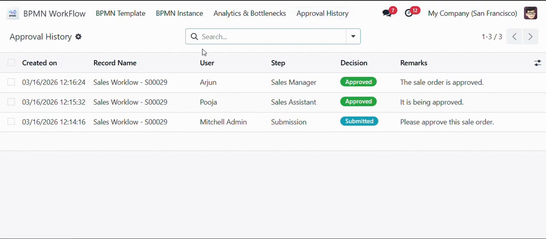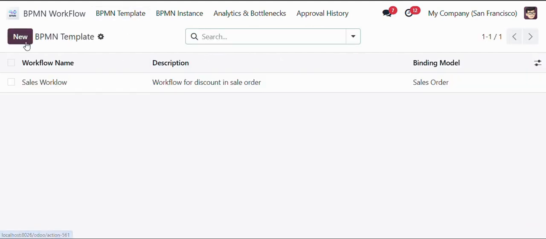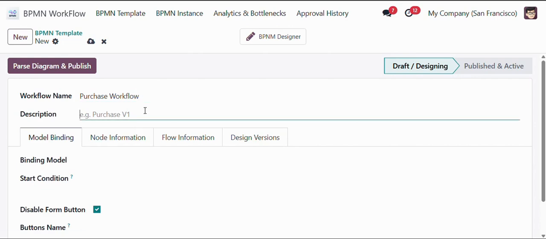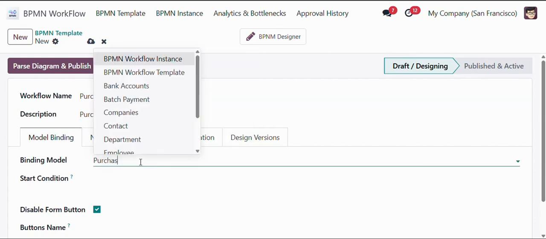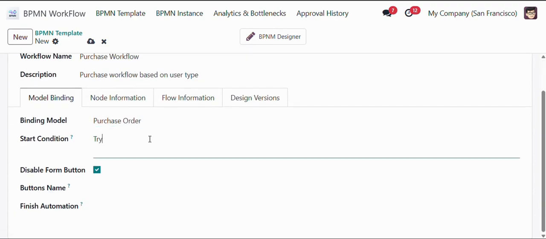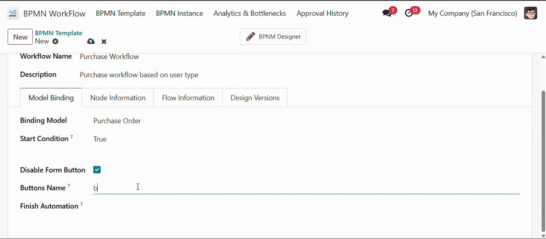Now I will show you one more workflow, creating it with the purchase module. So I will name as purchase workflow. I will give the description as purchase workflow based on user type. Here in the binding model, again I will select the purchase order module. Start condition, as I told you, I will set it as true. Then the button name